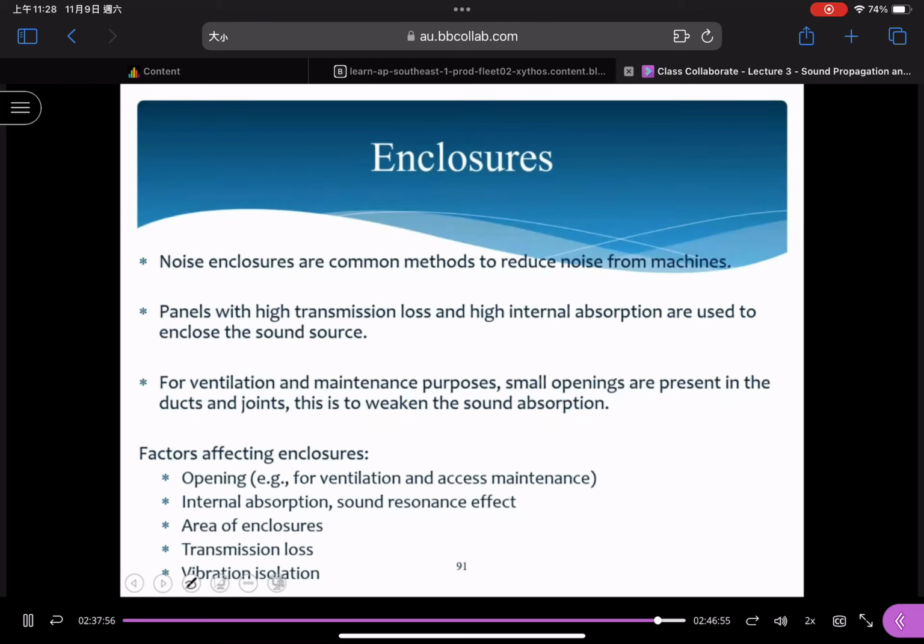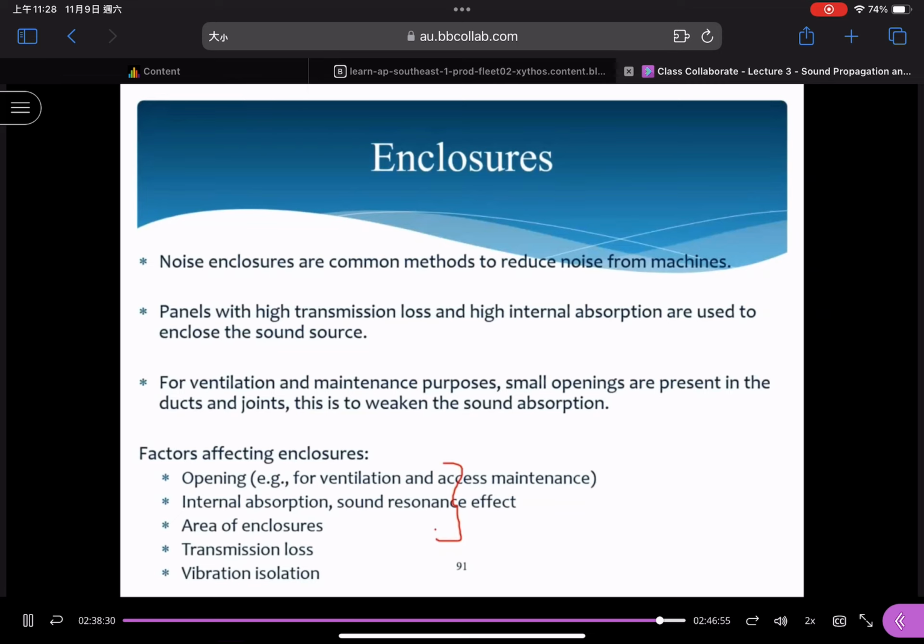And finally, in addition to these four factors, the first one, openings, internal absorption, area of enclosure, and transmission loss, all of them are just for the control of airborne noise effects. For the final one, vibration isolation, this is for structure-borne noise control. So when you design an enclosure, we need to consider both of them, because normally we use the